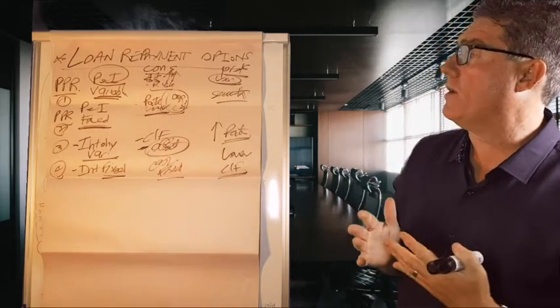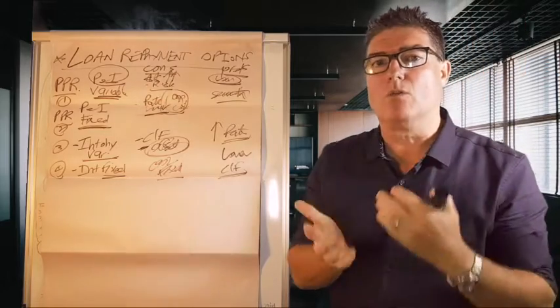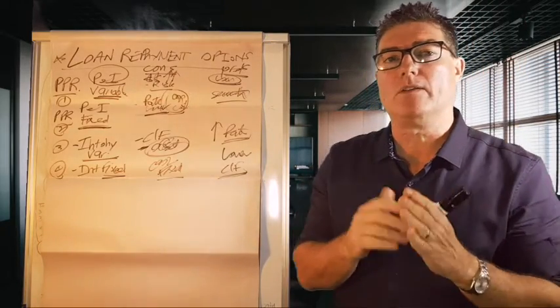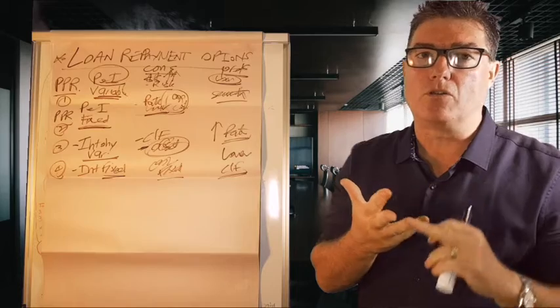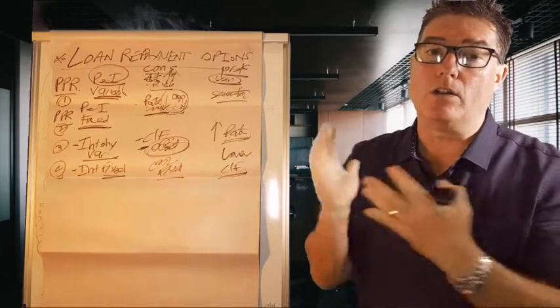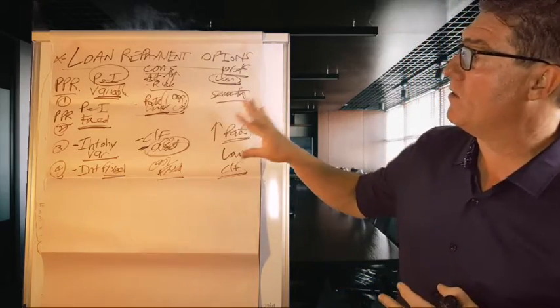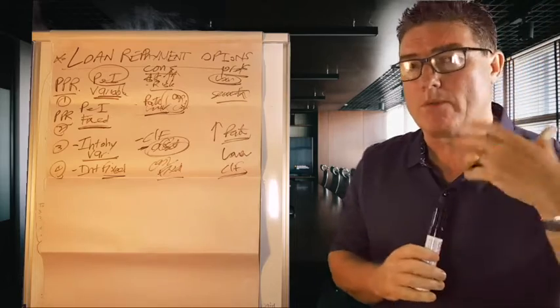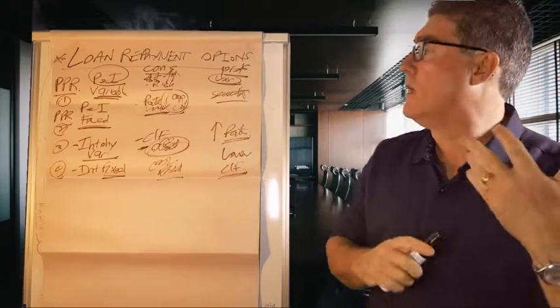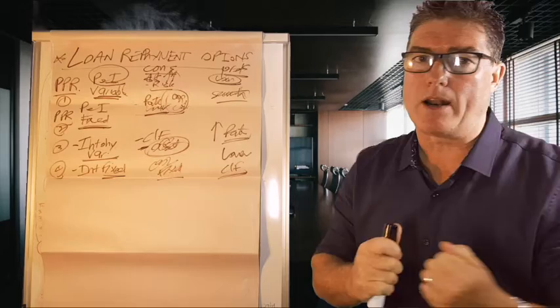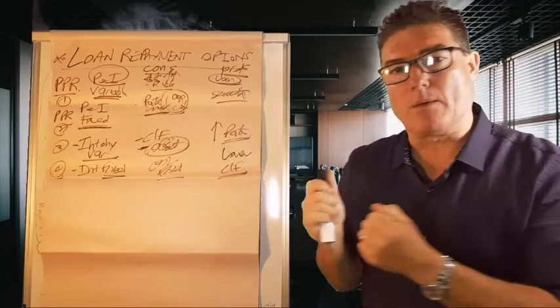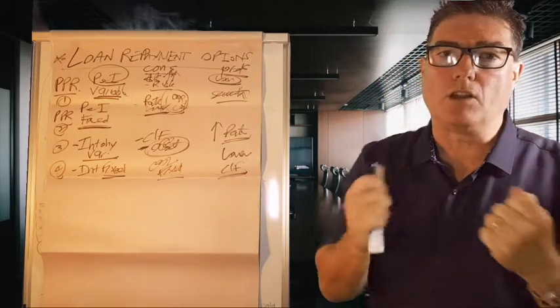So what's the whole theme here? The reality is there isn't a right or wrong thing to do, but it very much does come down to what your plan is, what your strategy is, and what you're trying to do now and into the future. But you need to think about this very, very clearly at the beginning. Remember, it's cycling all the time. Rates are changing. Banks are trying to get business. They've made it hard the last few years, but it's opening up because the economy is bad. They want more business, so they're changing all the time.